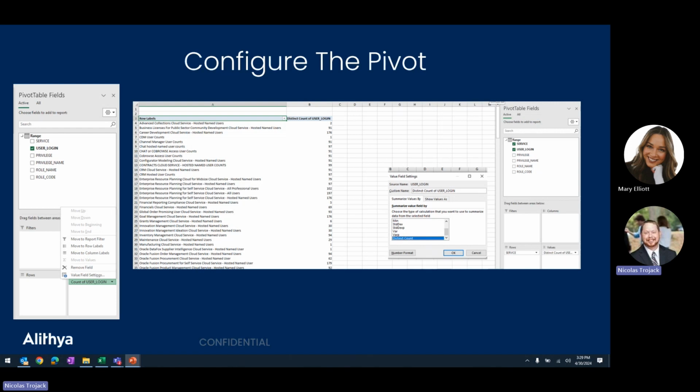Because I see this and I go, oh my gosh, my ordering document, I only have like 4 things on there. This says I'm using like 30 different licenses. Don't worry about it. Focus on what you saw in that ordering document. You had your enterprise resource planning, or hosted named users. Focus on that one. All those other ones, Oracle has a lot of what I call legacy and alternative licensing